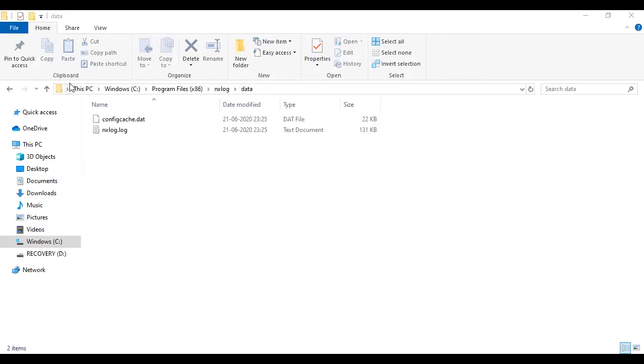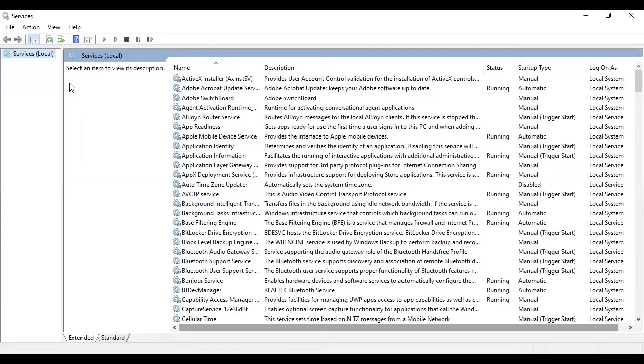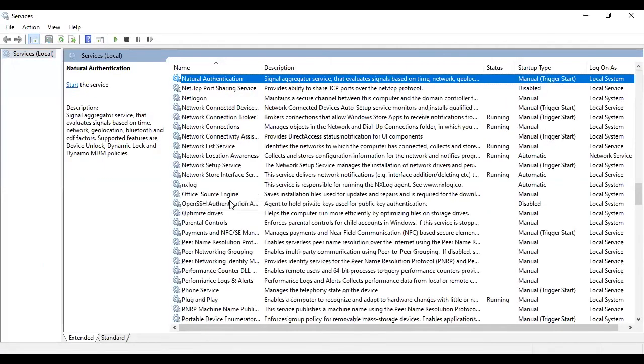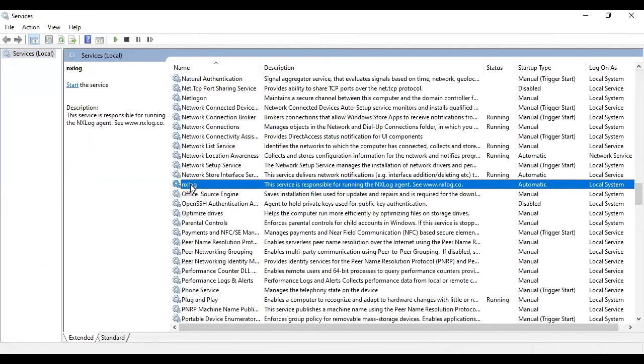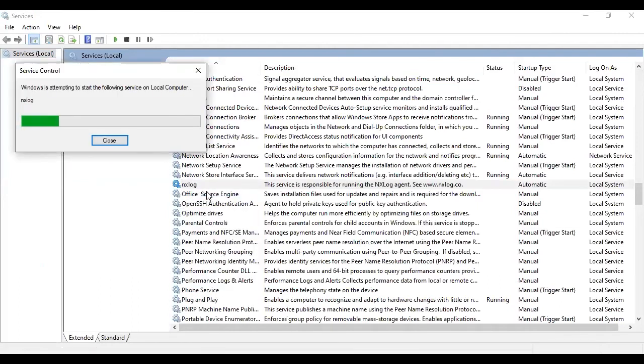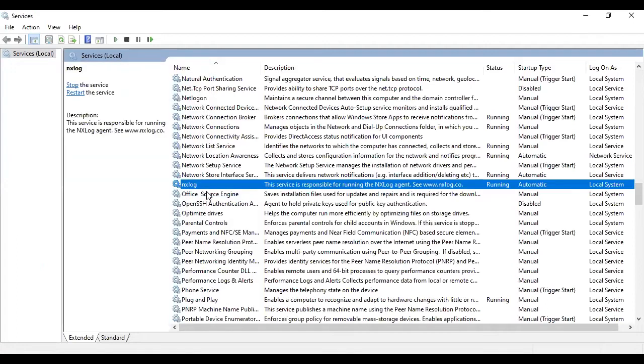So I'm opening the control panel, where you can check the services. Let me share my screen where you can see the services. Once you install it, you can find the nxlog service and give it a restart. Just in case you find any files or DLLs missing, you can paste them at the location while troubleshooting. If there's no issue, everything is working perfectly fine.